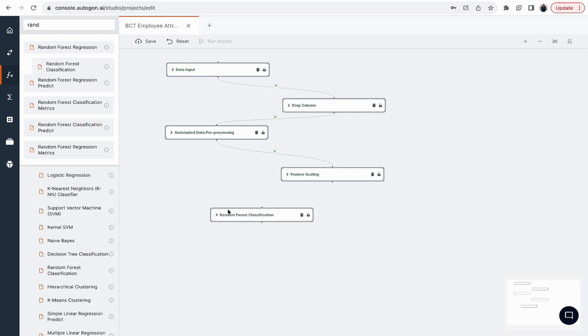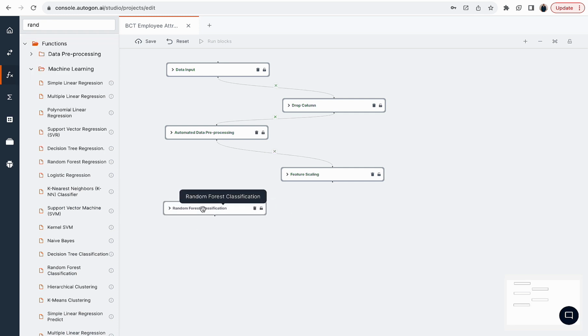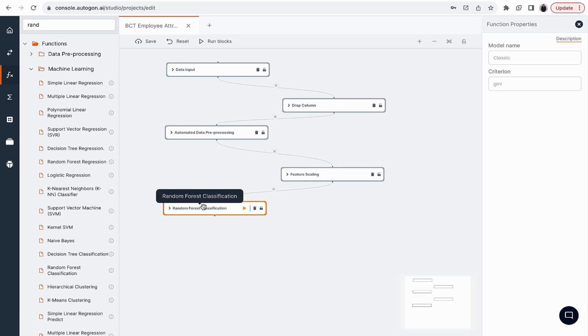So random forest, RDF, random forest, and we can use criterion of Gini. We leave it as default, and we run the random forest